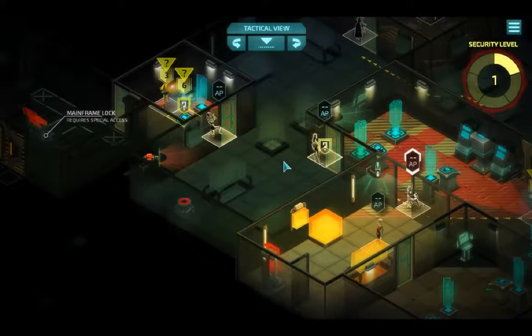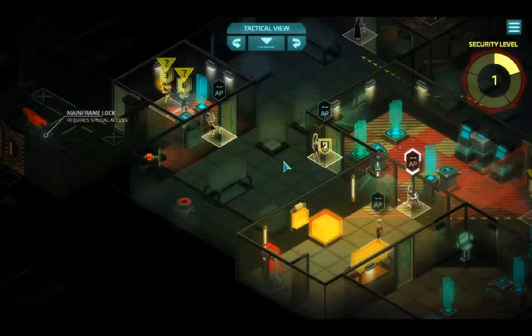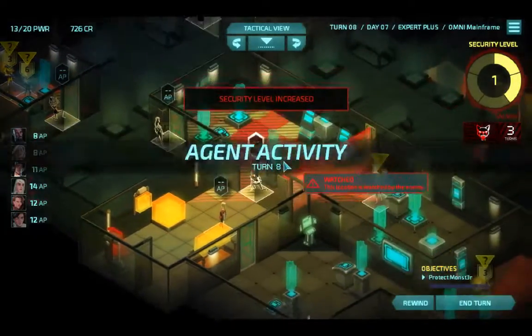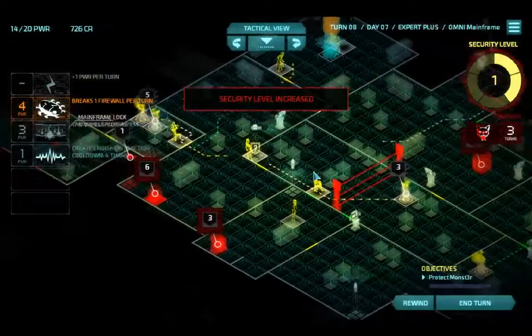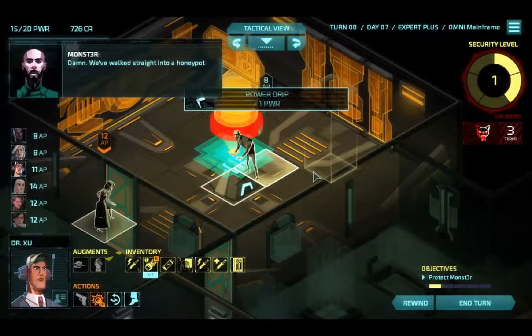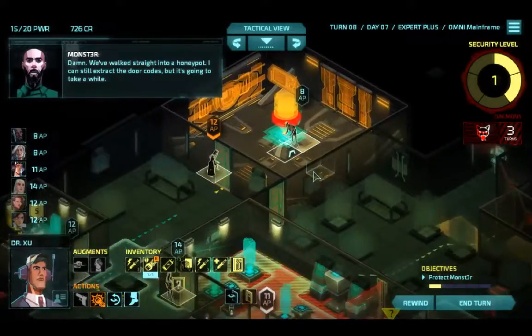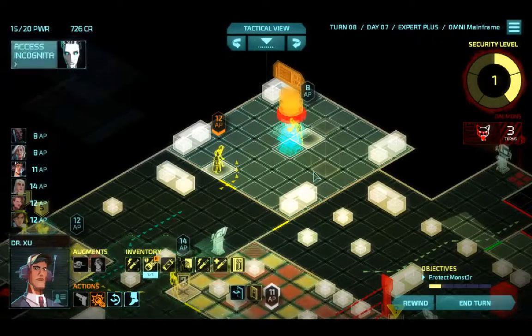Okay, I forgot about that. But fortunately, it was only his peripheral vision. Nothing. Well, that was lucky. Damn. We've walked straight into a honeypot. I can still extract the door codes, but it's going to take a while. Okay, well, this guy...